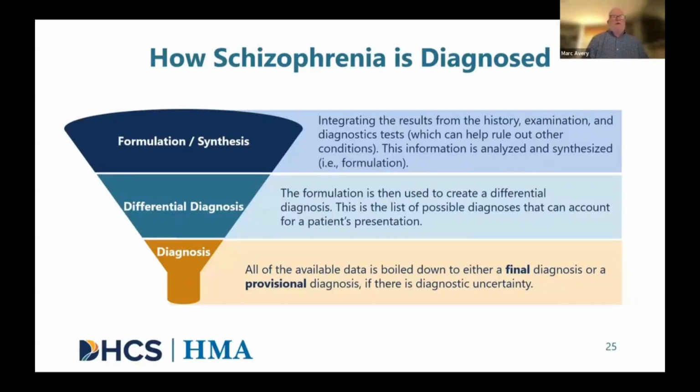But it's important to know that sometimes clinicians are not able to make a formal final diagnosis right away. This situation is known as diagnostic uncertainty. And there are a few ways to manage and document this uncertainty. For instance, in the clinical record, you can document that the diagnosis is provisional, or you can select a more non-specific diagnosis while other more specific diagnoses are being ruled in or out.